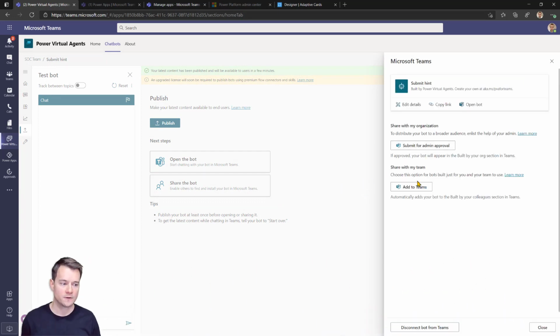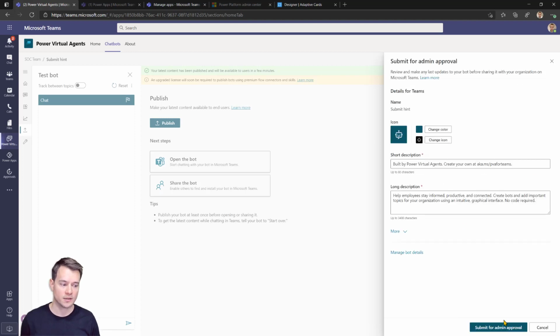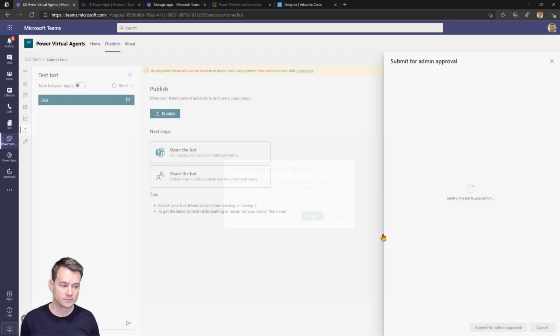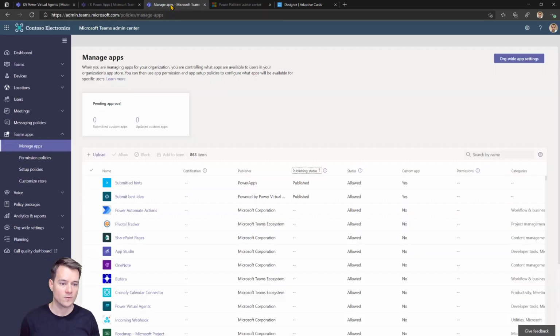Now here you can either add it to Teams so that you'll share this with your team, or you can submit for admin approval, and this way it will be shared with everyone in your tenant. So now once you hit submit for approval, you need to hit it a couple of more times, and then this is being sent for approval. It takes again a minute for the operation to be completed. You can see now the status, and now once you navigate back here to your applications and you simply refresh this view,